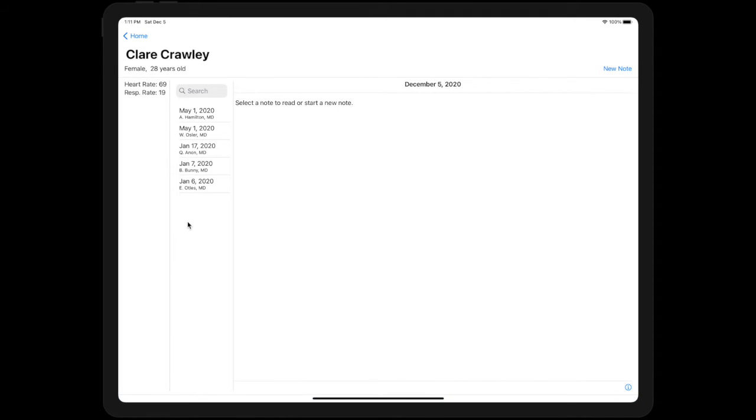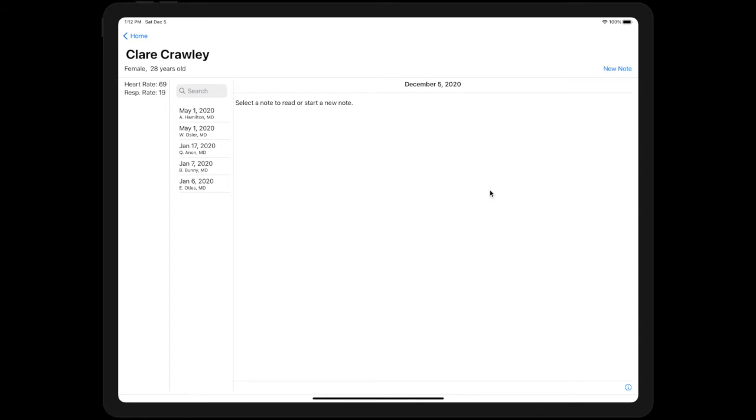The view has a couple big components. The first one is the header with Claire's name and some key information about her as a patient. On the left, we have a panel that has EHR information, such as heart rate and respiratory rate. You could consider any other types of information documented in the electronic health record as structured information being displayed here. That's for reference for the physician who may be writing the notes, looking at notes, or synthesizing information from notes. And that is alongside this bigger pane that we've spent most of our time designing,